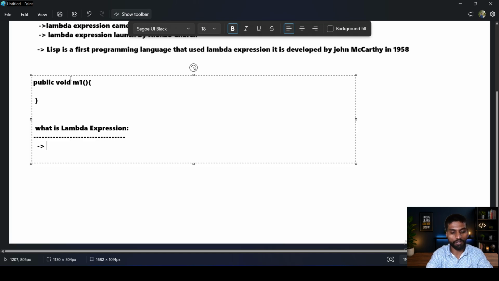Lambda expression is called an anonymous function. What is the meaning of anonymous? Anonymous means a nameless function. Nameless function is called anonymous in programming terms. Okay.